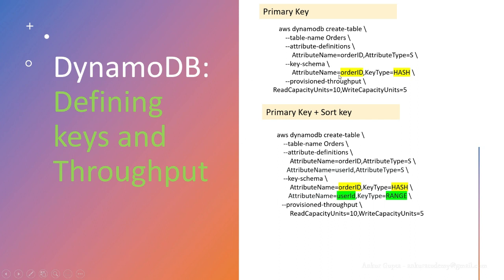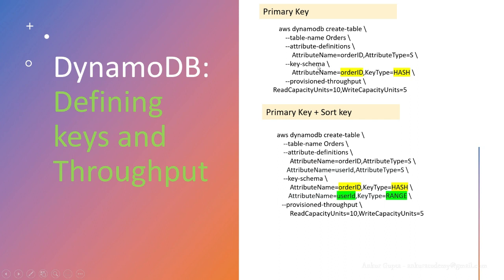So this is a simple example using AWS CLI, how you can define your attributes and then your key schema, which is nothing but defining your primary key and sort keys, and then your provision throughput. You can define your read capacity units and write capacity units. So this is how you can create a DynamoDB in command line mode. We obviously are going to create it in serverless YAML, but to give you a basic idea of how you